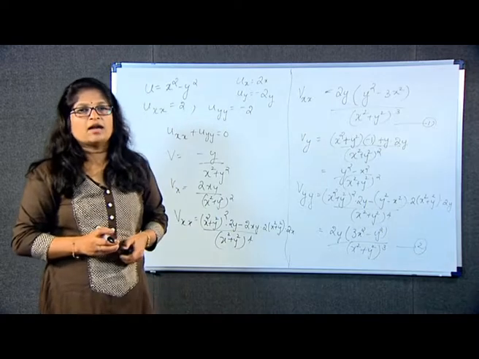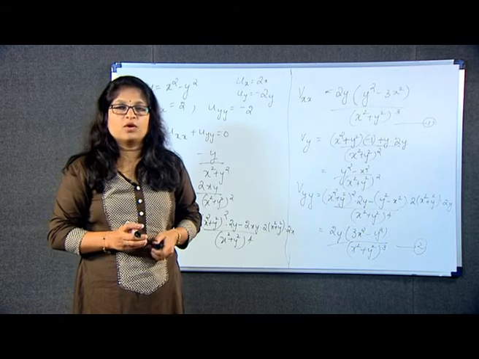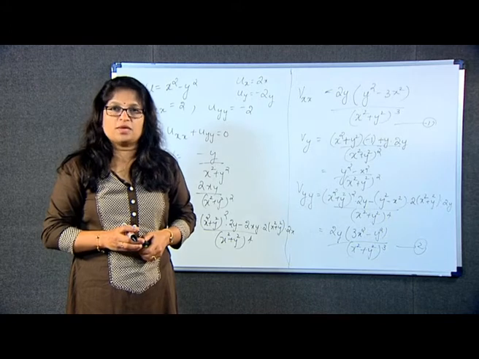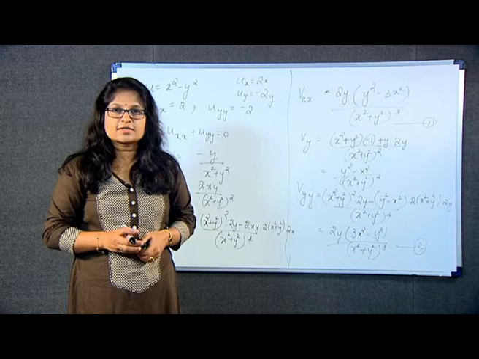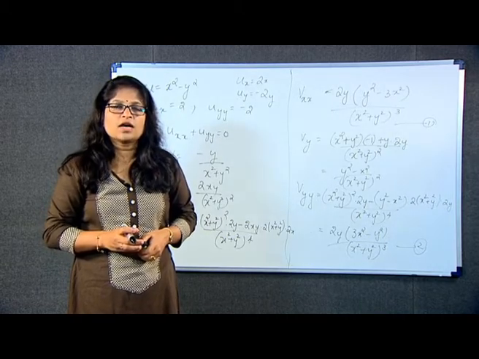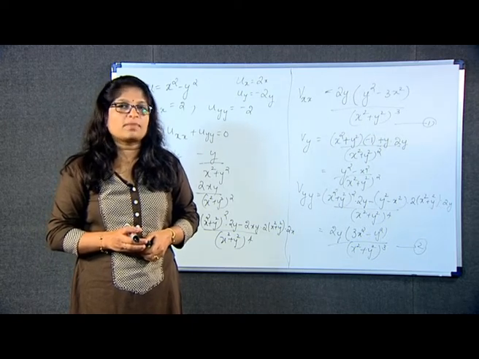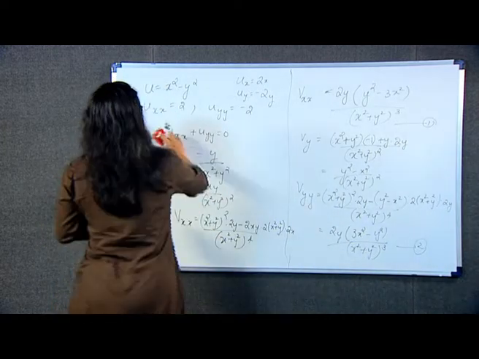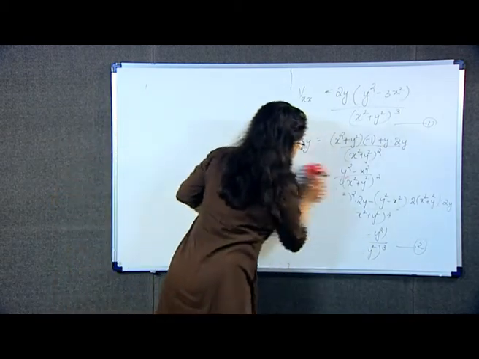In the same way you can do problems using the Laplace equation and check whether functions are harmonic or not. And also, suppose u and v both are harmonic functions, you can easily verify that u into v, the product of two harmonic functions, is also harmonic. That is a result. The proof is very simple, because whenever u is harmonic, you have the Laplace equation for u, and whenever v is harmonic, you have the Laplace equation for v. Now I have to just prove that u into v also satisfies the Laplace equation.